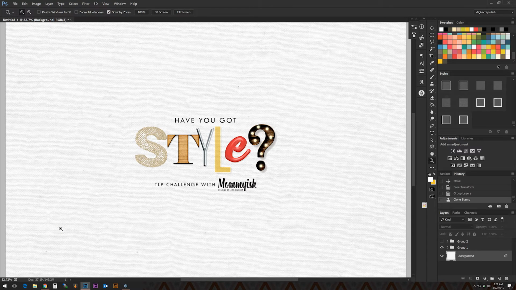Have you got style? Now, typically when we talk about style, we might be talking about a style of scrapping, whether it's clean or mixed media, but I mean in this case, styles in Photoshop, layer styles. So what does that mean? Well, layer styles in Photoshop and Photoshop Elements are simply an effect or